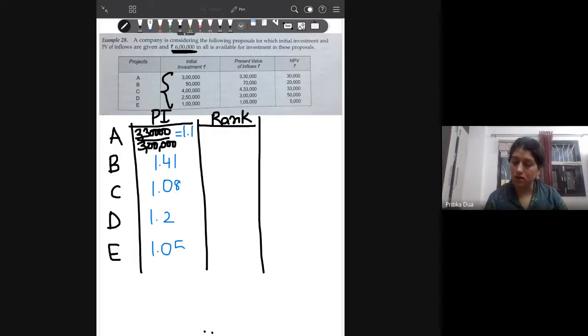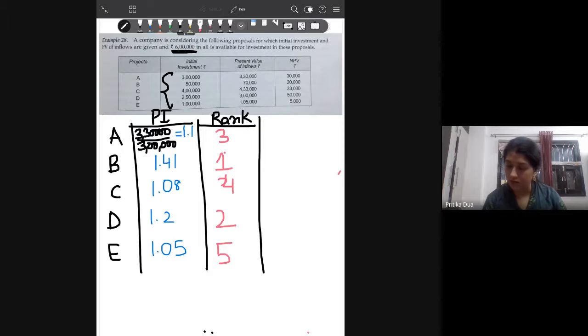We rank the projects. You can clearly see this is 1, 2 will be this one, then 3, then 4 and 5. So we now allot the funds, starting with